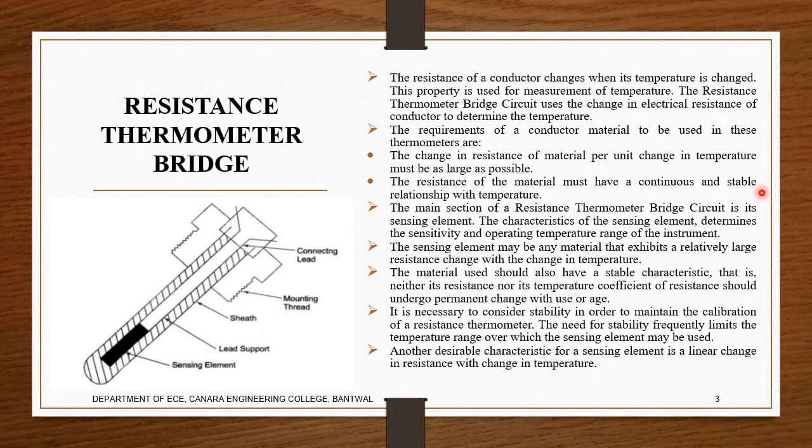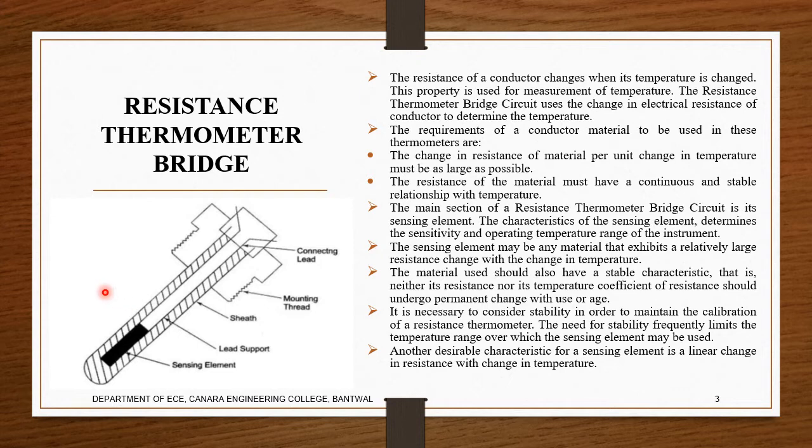and we have to insert it in the resistance thermometer bridge, and that part is called the sensing element. Whatever measurement is taken is done using this sensing element. So the more efficient it is, the more sure we can be about the sensing element, and the operating range has to be determined and set. It depends on our application or what it is designed for. Different applications have different operating ranges. So this is the factor here.